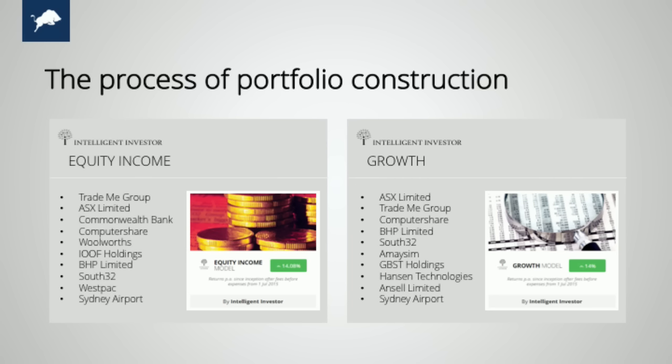Now, for example, in the growth portfolio, we hold a position in a company called Nanosonics. Nanosonics doesn't pay us a dividend, so that's why it doesn't make it into the income portfolio. In the income portfolio, we might have a couple of banks in there, which we wouldn't have in the growth portfolio. The reason for that is, of course, we do see some upside in them. We're getting a good dividend from them, but not enough upside to make it into the growth portfolio. They're not undervalued enough.